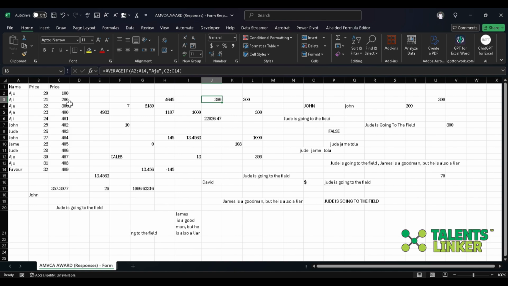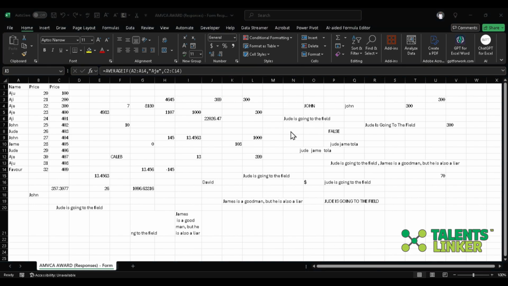If you did the calculation, Haji appears 3 times. If you check it, Haji appeared 3 times, and Haji has 300, 400, 400, and 407. So the average is 369. That's the average range. That's how you calculate the average if. So let's continue by